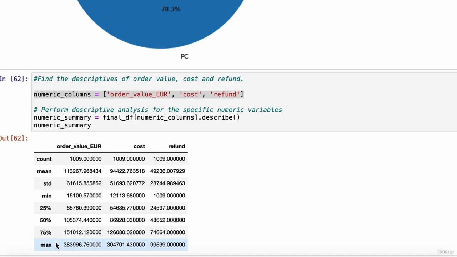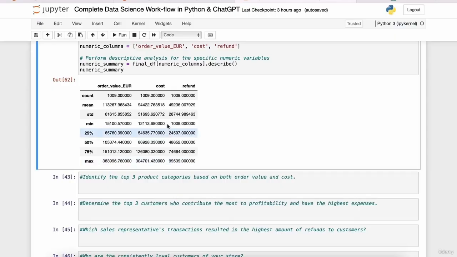The highest cost incurred for a single purchase was approximately 304,000 euro. The largest refund given to a customer was around 99,000 euro. This is how you can get brief but useful insights for the numeric variables you have as per your subject matters. However, now we are going to see the distribution of these three numeric variables to get